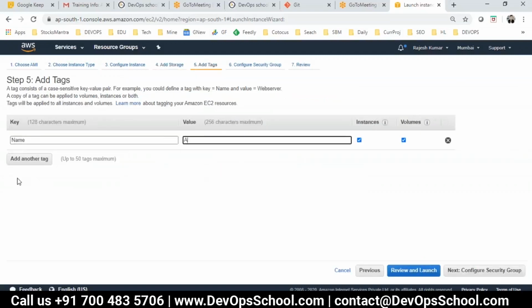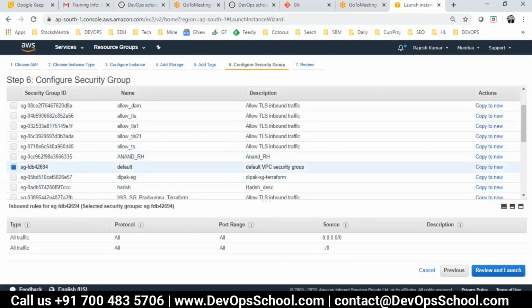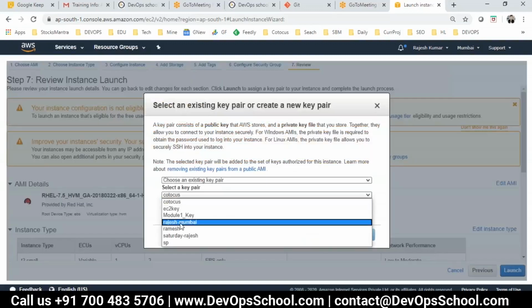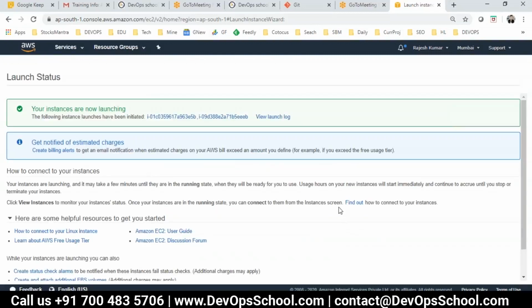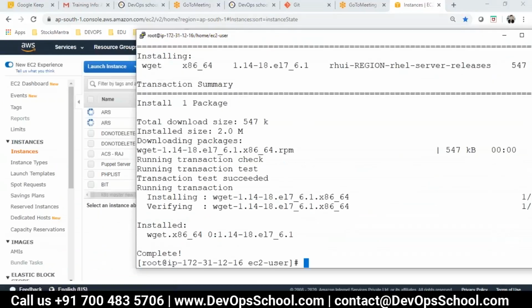This is, I will name it ARS. Review launch. Keys we are using the same one. Done. Okay, so here